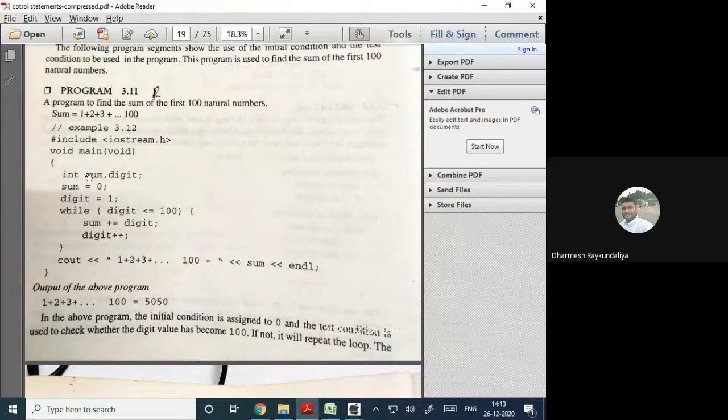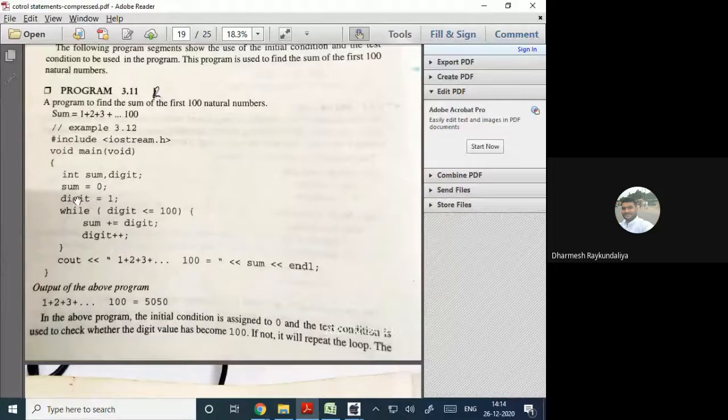Because sum of integer numbers is an integer, I am writing the sum as an integer, and I am entering the values 1, 2, 3, ... 100 by saying the digit. So digit is my variable which takes values 1 to 100. Now initially sum I will assign 0. If I will not assign 0, what happens? Computer will understand that sum has certain garbage value. We will show you in both ways: without assigning 0 what happened, and after assigning 0 what happened.